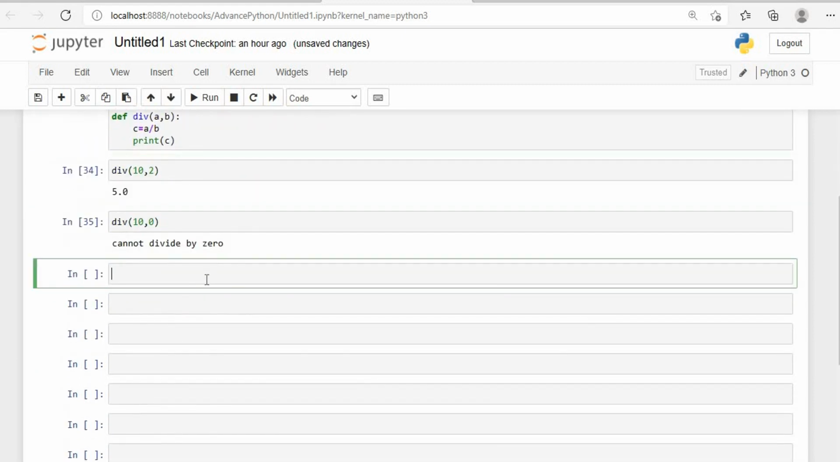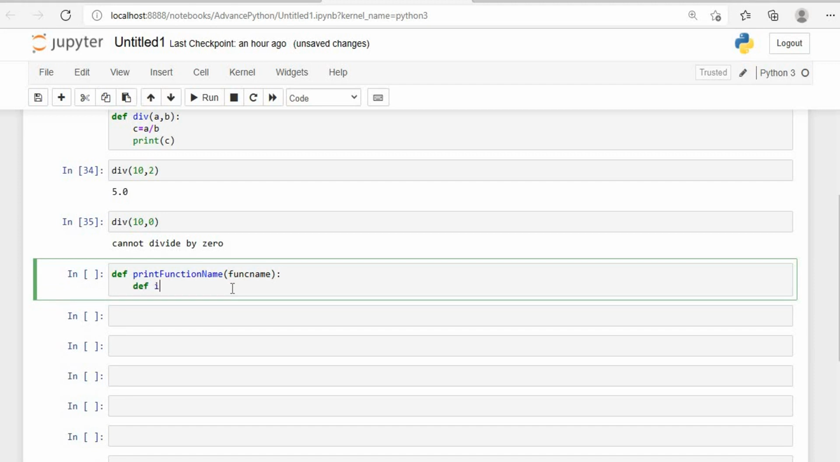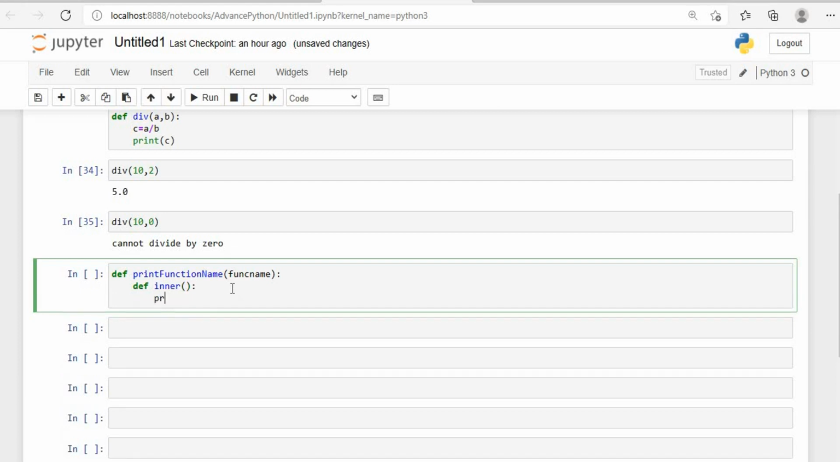Let's take one more example. Let me write here a def, print function name, something like this. This is one more example for you to understand decorators better. Okay, def function_name. Then here I accept something called func_name. Then here I write def inner. It's the inner function. I'm just writing the inner function here. Then I say print the function which is getting executed now is